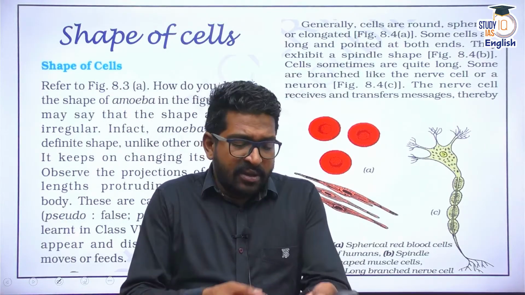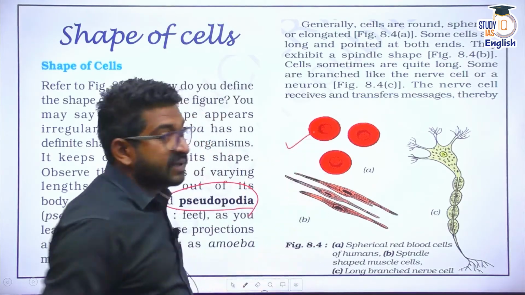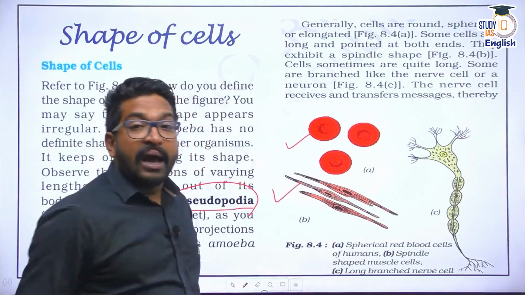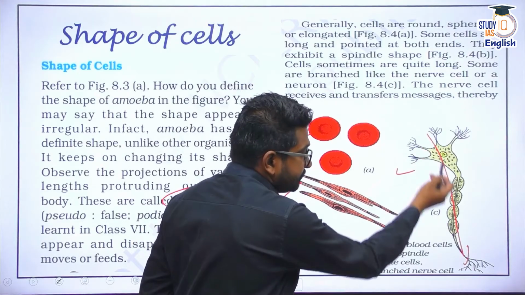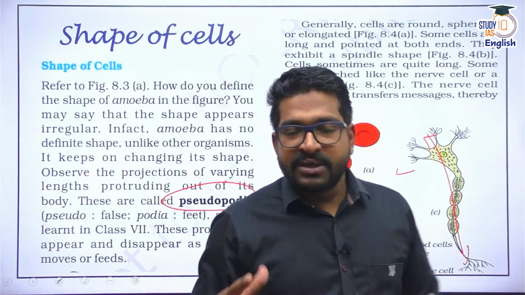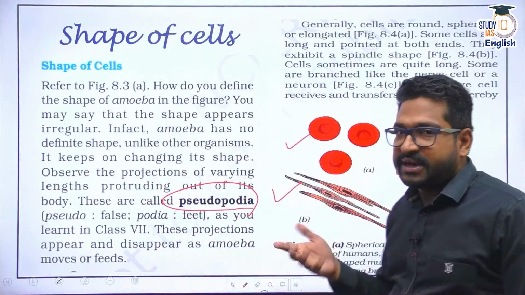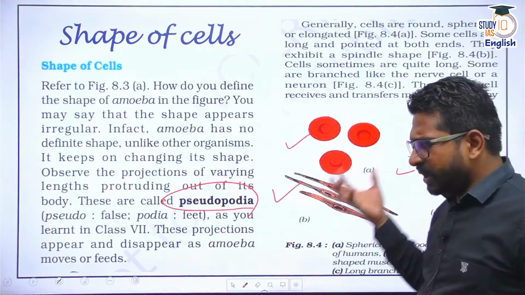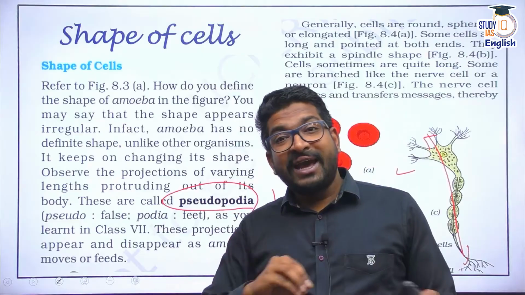For instance, our blood has red blood cells. Red blood cells are normally round in shape. They are spherical. Our muscle fibers are spindle-like structures. Our neurons or nerve cells are made something like this. They are elongated. But some cells in our body can change shape also. Say, for example, RBCs cannot change their shape. The muscles cannot change their shape. Yes, they may stretch a little bit, but they do not change their core shape. But there are certain cells in the human body which can change shape.